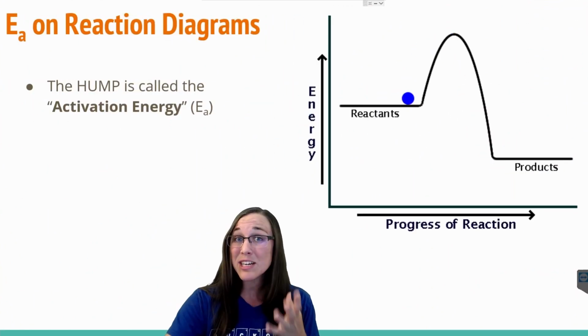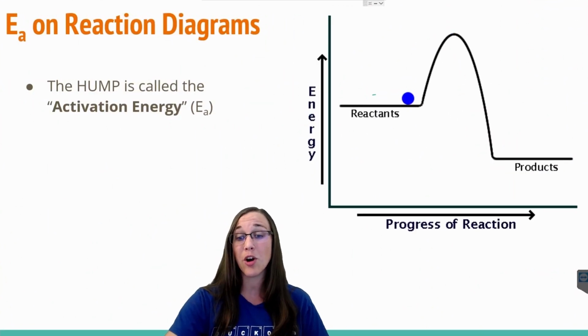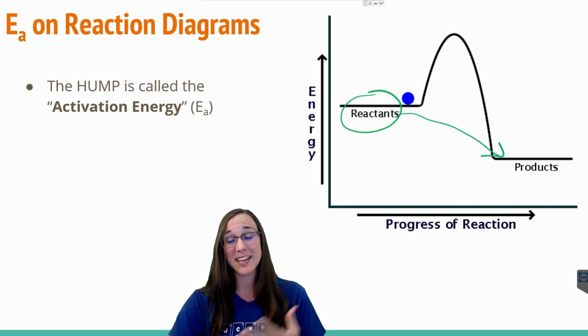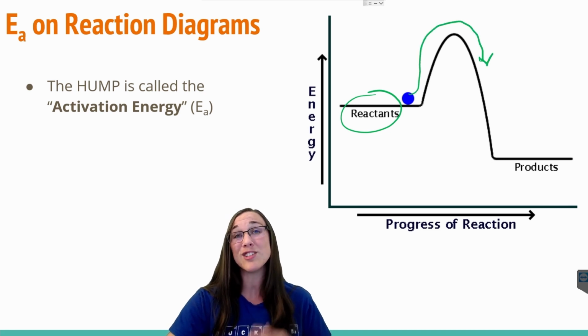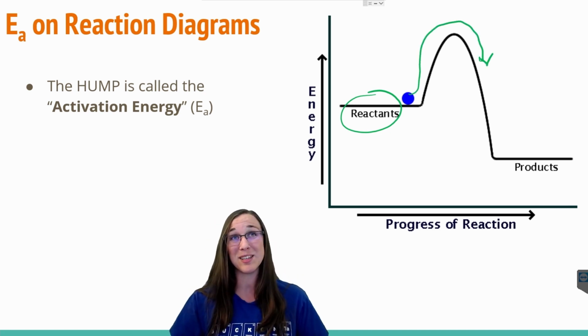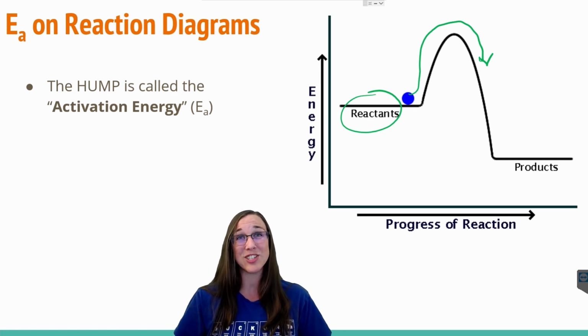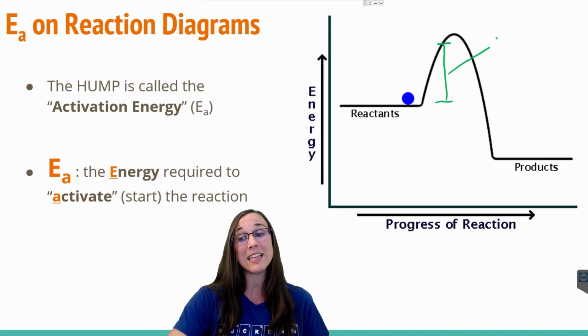That hump is literally representing the energy it takes for this reaction to go from reactants to products. It's not just a smooth process. We have to actually overcome an energy barrier just to get from the reactants to the products. And we call that barrier the activation energy. We represent this distance between the reactants and the top of the hump as literally EA, and that stands for